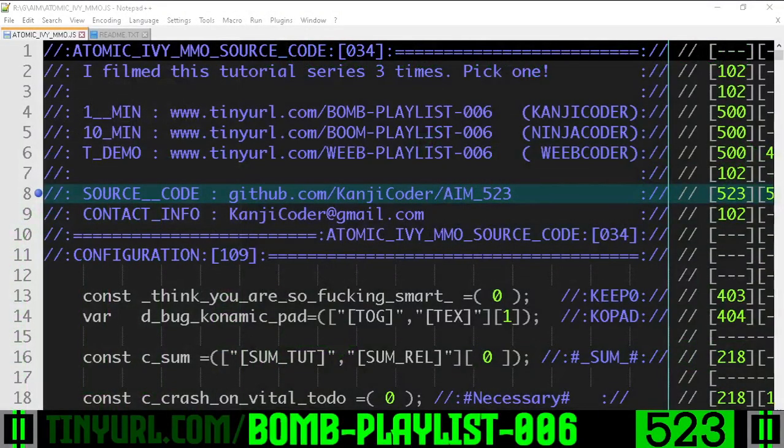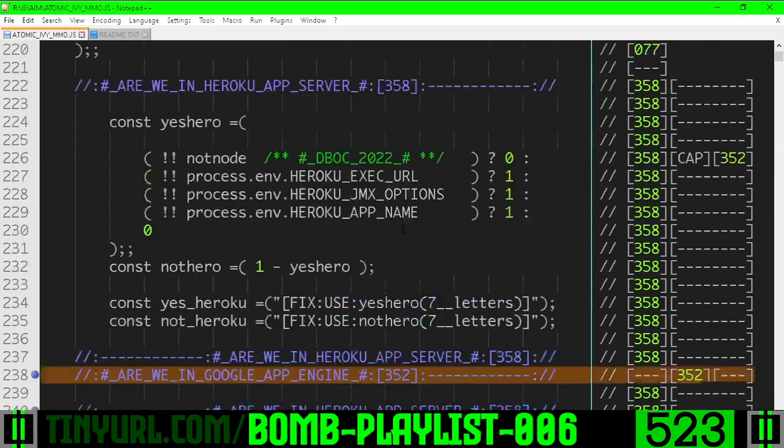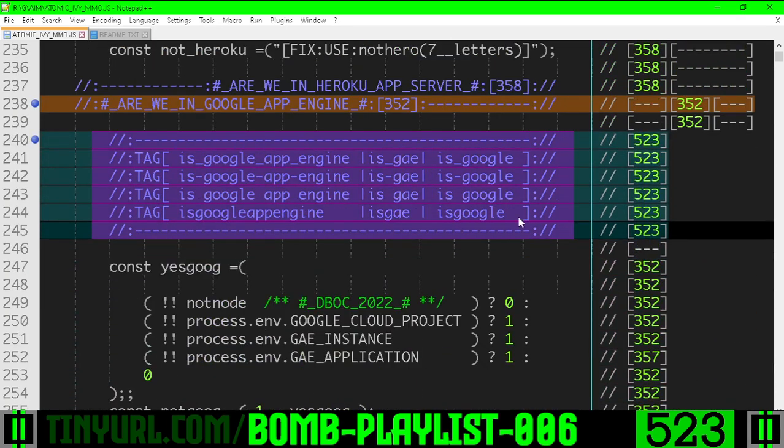523, render.com, Node.js Server, part 3, we have deployed. In the environment detection section, we've added some tags to find the "Are We in Google App Engine" section, because